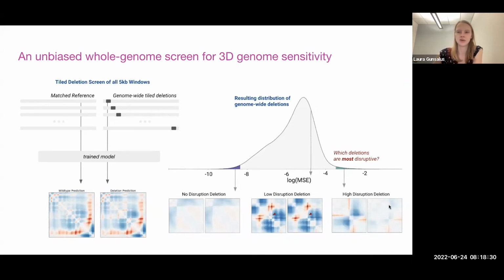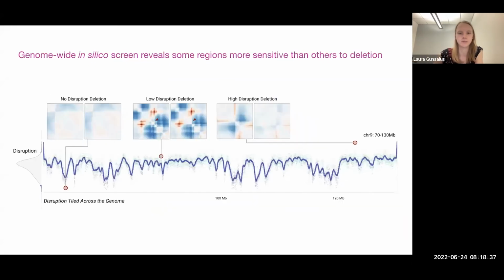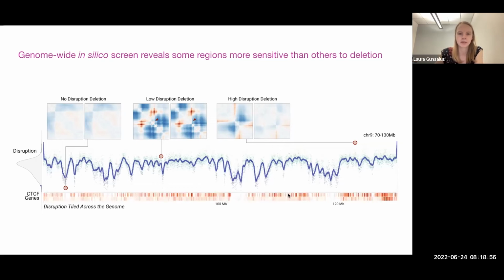But we're really interested in knowing what is causing these most disruptive deletions to the 3D genome in sort of this unbiased fashion. And we can tile these deletions across the genome to have a disruption track where the disruptability or stability of the 3D genome is not uniform. So we have some regions that are more sensitive up here and some regions which are more robust to perturbation down here. And we can layer on, say, gene bodies and CTCF, and we notice that regions that lack CTCF entirely don't